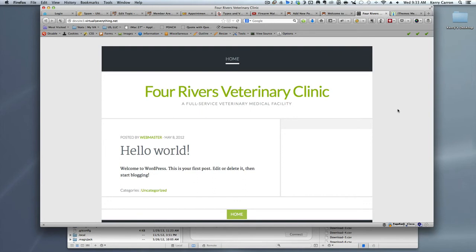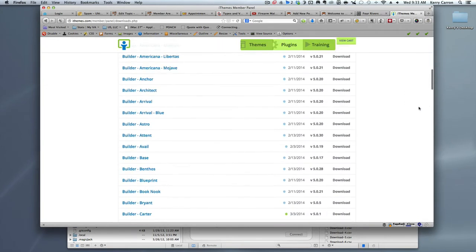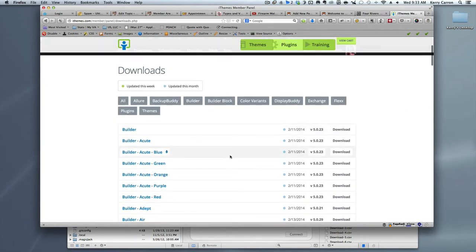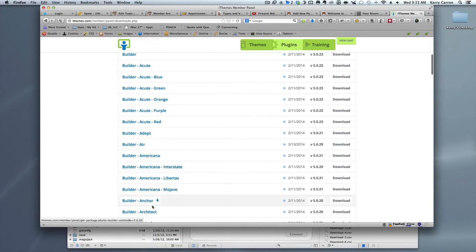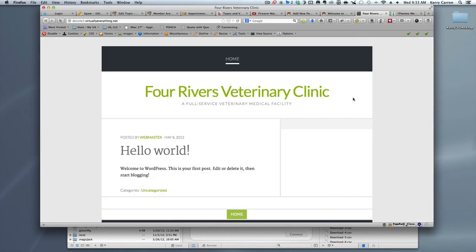Sorry about that. Okay, so the first thing I did is I went into my iThemes membership area and downloaded the freshest copy of Builder Cohen that I possibly could. Now, as most people do this, they will install Cohen on their website and it will prompt them to create a child theme, and then they work within the child theme that they're creating using Builder Cohen as the parent